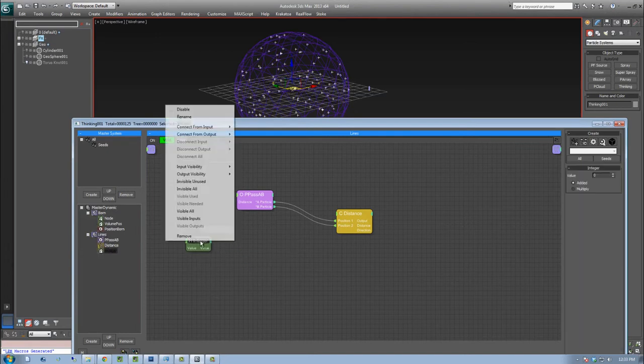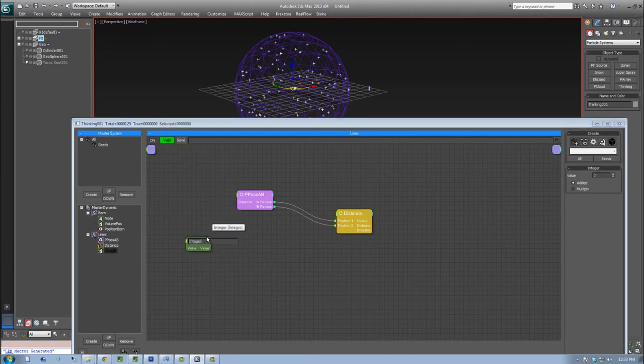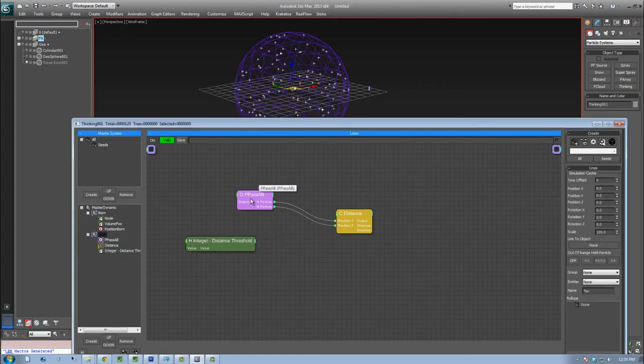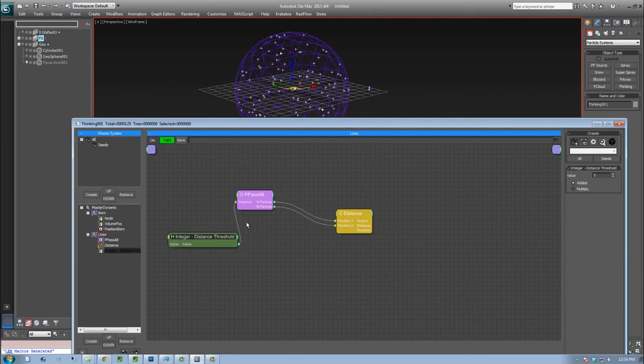And this value is going to represent the radius of our threshold. So for now I'm just going to call it distance threshold. Pipe our distance into there. And I want to take this value and we're going to divide it by this value. And this is going to help determining our x and y scale